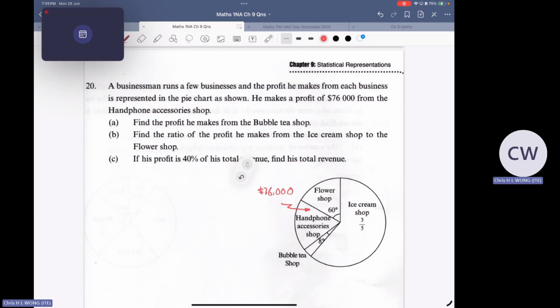What can I find from this one? This 3/5 represents what? 3/5 can be anything. It can be 3/5 of 360 degrees, or 3/5 of 100%, depending on what you want. Since you are given degrees, I better use 3/5 of 360 to get how many degrees. If I get this degree, I can find this degree already. Therefore, I just minus only. So what I need to do is A, let's start from A.